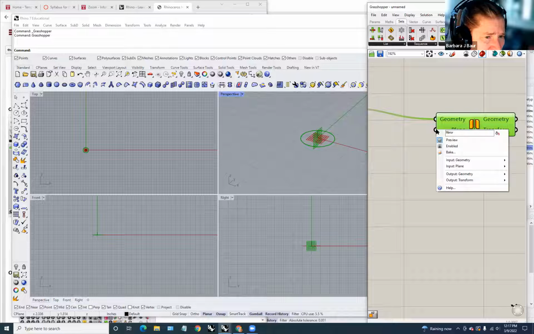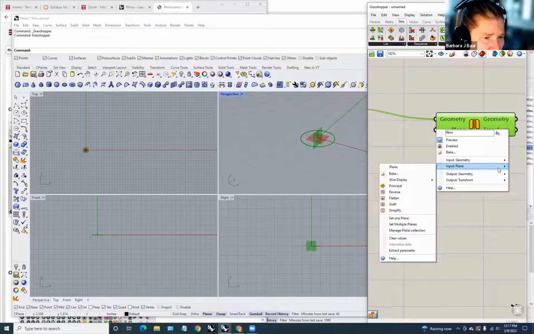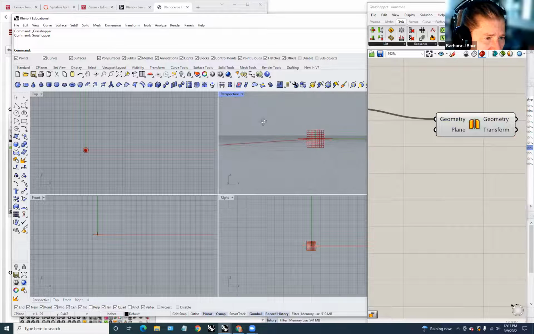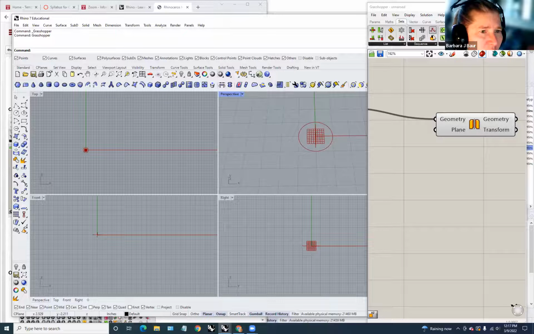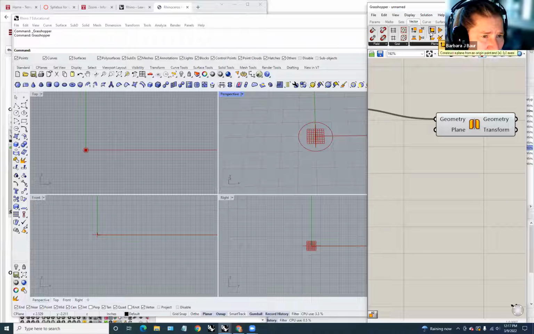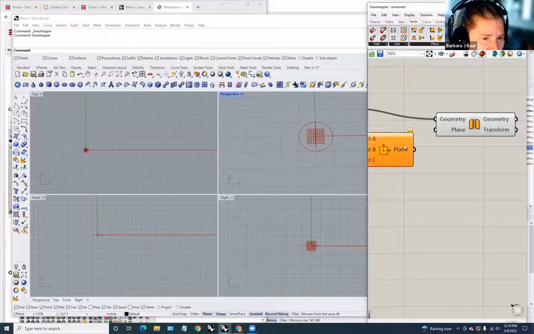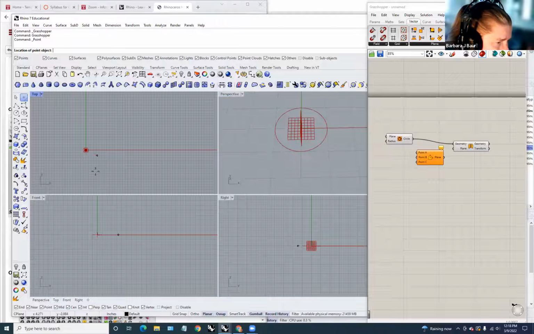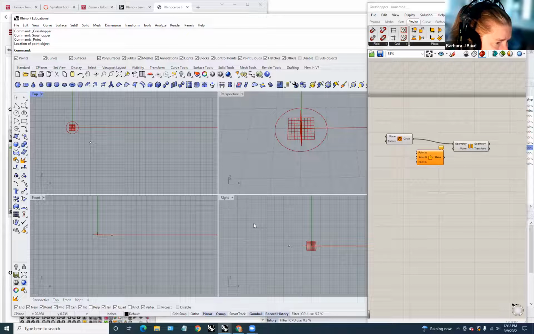So let's mirror, okay, input plane. Where's the plane that it uses? It looks like the plane is just that one. So we could go to vector, we could pull down X, Y, let's see, a 3-point plane. We could totally put that plane here. We'd have to put some points in here, perhaps we'd put them 1,